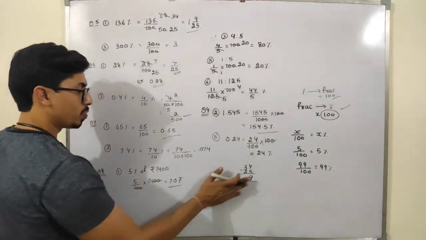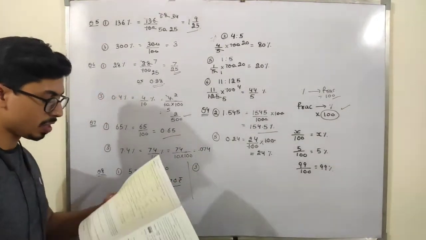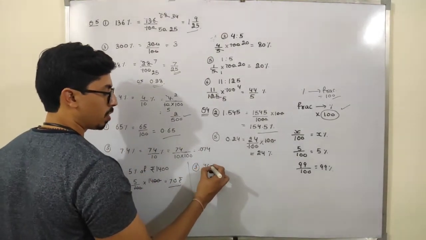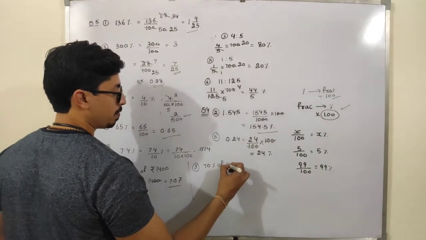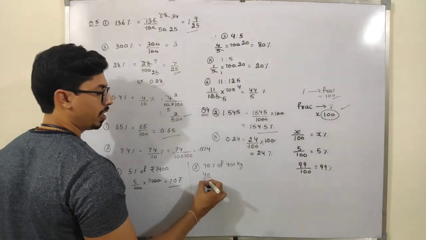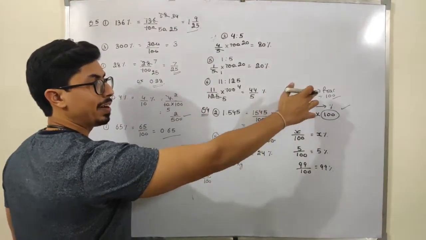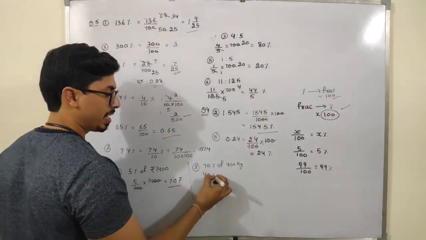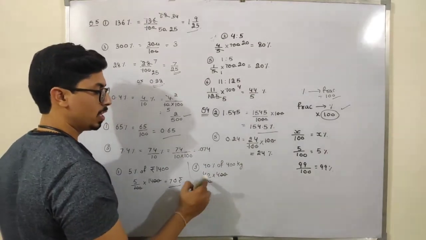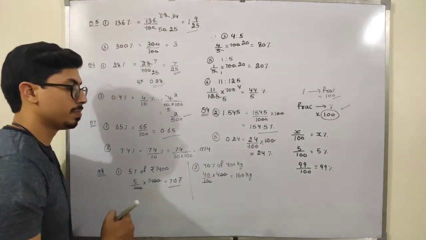Okay. Now similarly, students, if I take any other example, like if I take part number 3rd of this. Part number 3rd is 40% of 400 kgs. So 40% means 40 upon 100, because if I just remove the percentage, I have to divide it by 100. Of means multiply, and 400 as it is. So 2 zeros cancel out with these zeros. 40 into 10, 40 into 4 is 160. So 160 kg is my required answer.